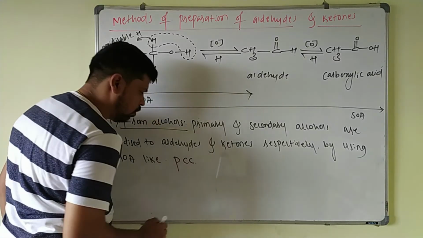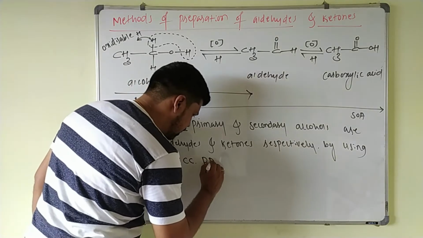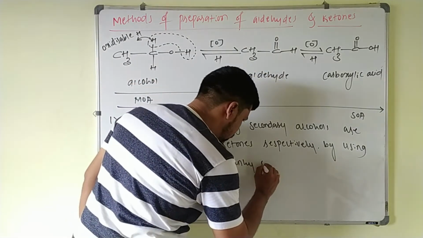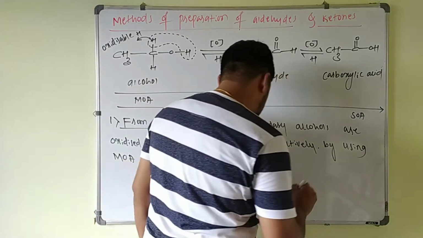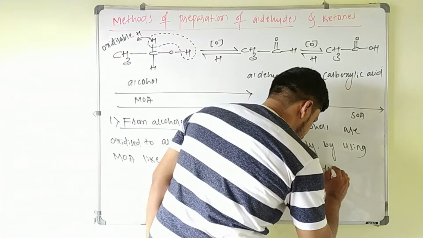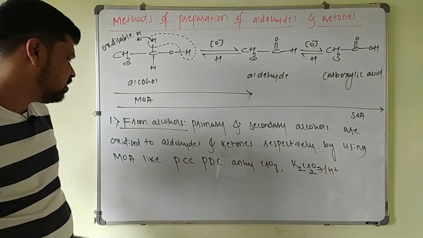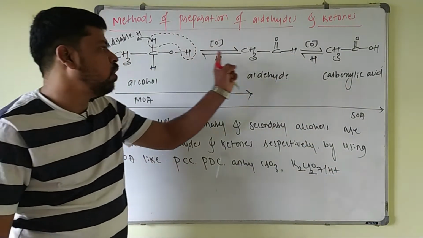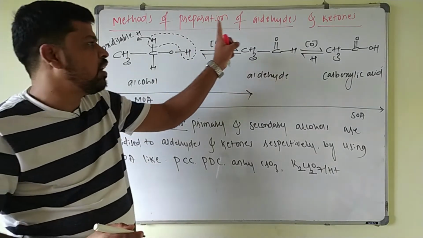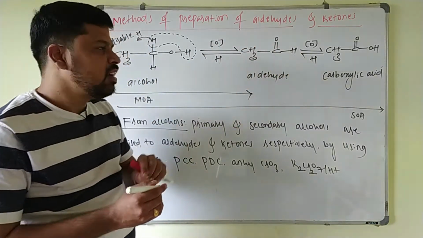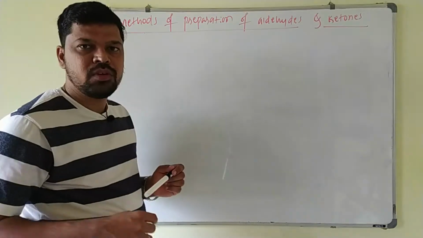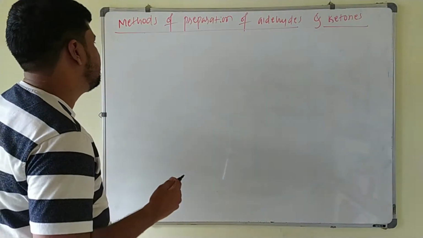PCC, pyridinium chlorochromate, PDC, pyridinium dichromate, and anhydrous CrO3, or you can use acidified K2Cr2O7. So all these act as mild oxidizing agents which convert alcohol into aldehydes and ketones. Always keep in mind, primary alcohols are oxidized to aldehydes, and secondary alcohols are oxidized to ketones. We will see the examples now. So what are those mild oxidizing agents here? PCC, PDC or